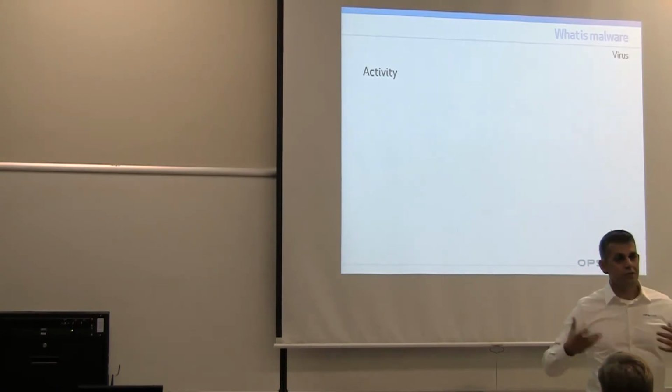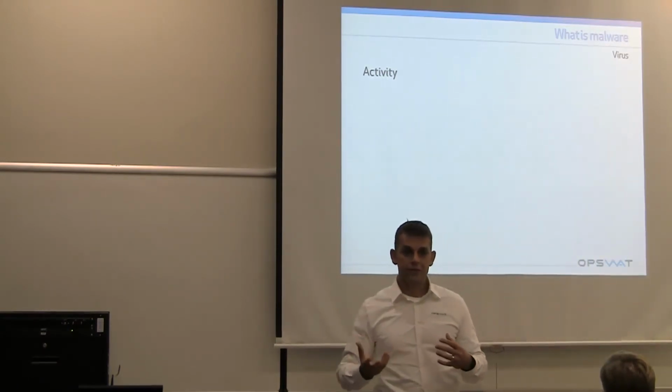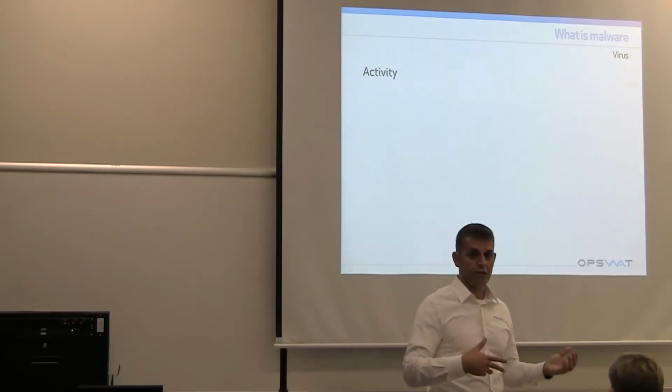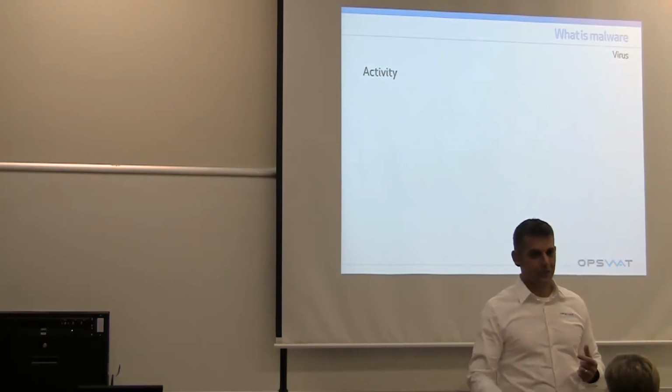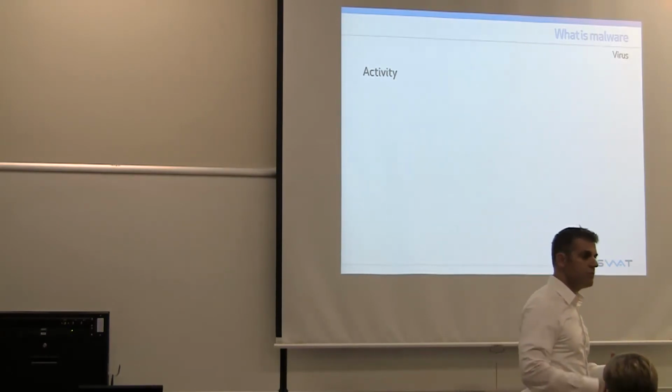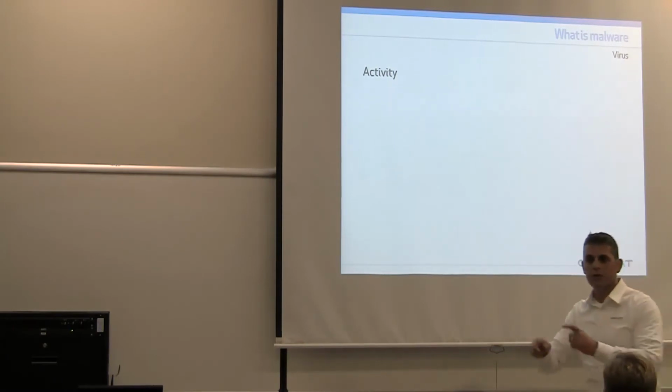So if a worm does not necessarily need to have any user interaction to propagate, what will a virus have? It requires user interaction. You got it, user interaction. So that's pretty much the gist of it. So you expect it to go and click it, and after you go and click it,